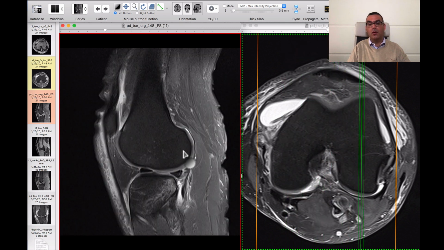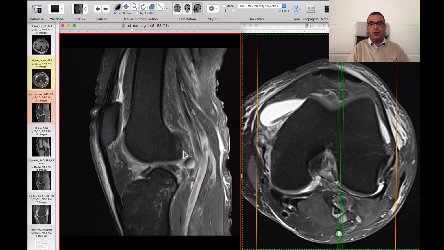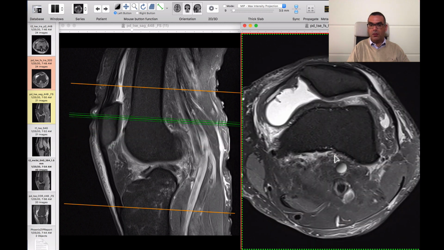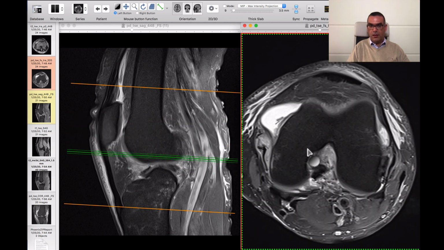The management will always be operative. What you have to identify is the low-grade tear or the tiny partial tears, because these are managed conservatively. But once you have more than 50% of the ACL injured, most of the time, especially when the patient is young or active, they will need ACL grafting. So in this case, we have the ACL tear, we have the chondropathy, and you can now clearly see,